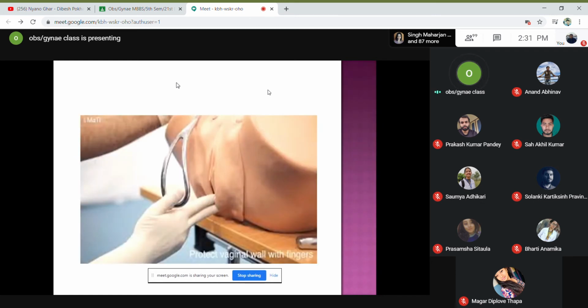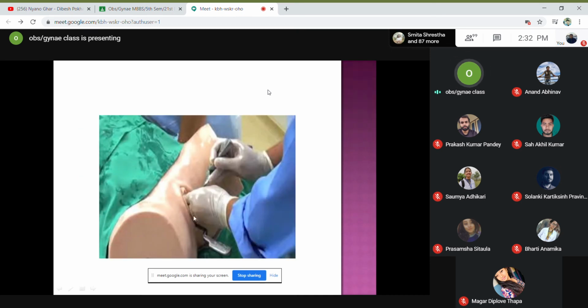So like this, your right hand is in the vagina and the left hand is holding the left blade, and that has to be introduced inside the vagina. Now, again the same thing: the left hand will be guiding and the right blade you have to hold in the right hand and then insert it into the pelvis. So we have applied both the blades. Now one blade is here, another one is here. Then you have to try to lock it.